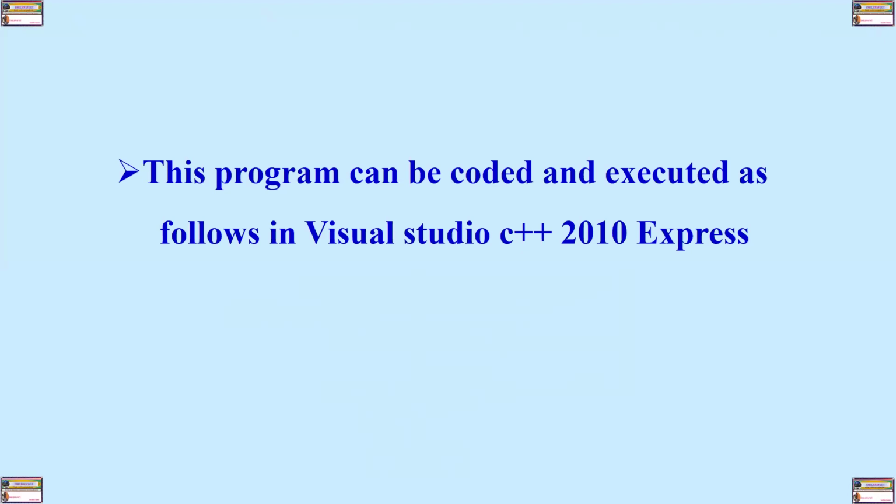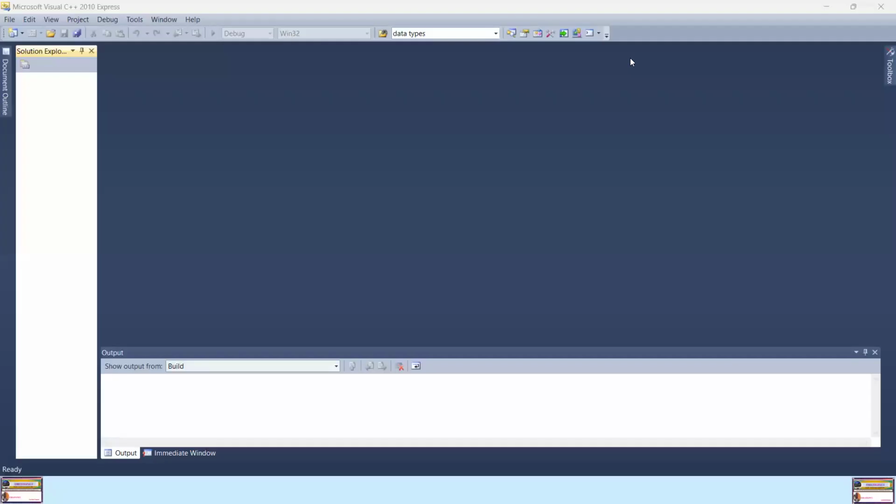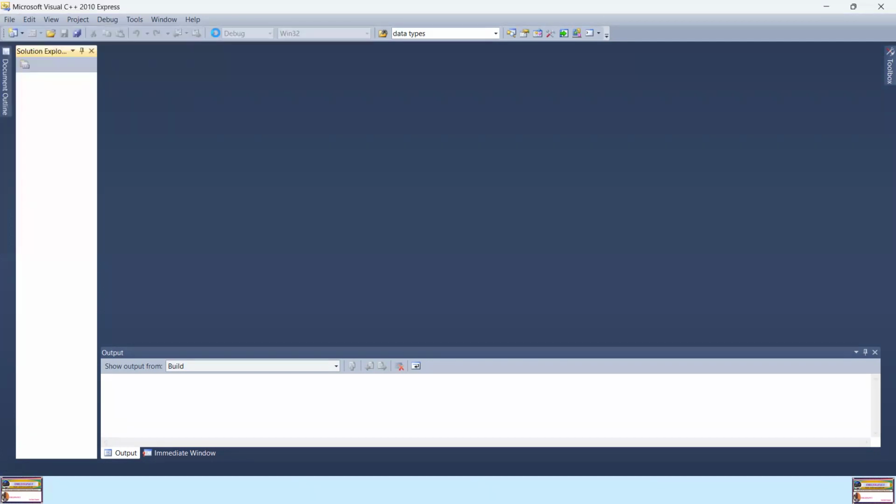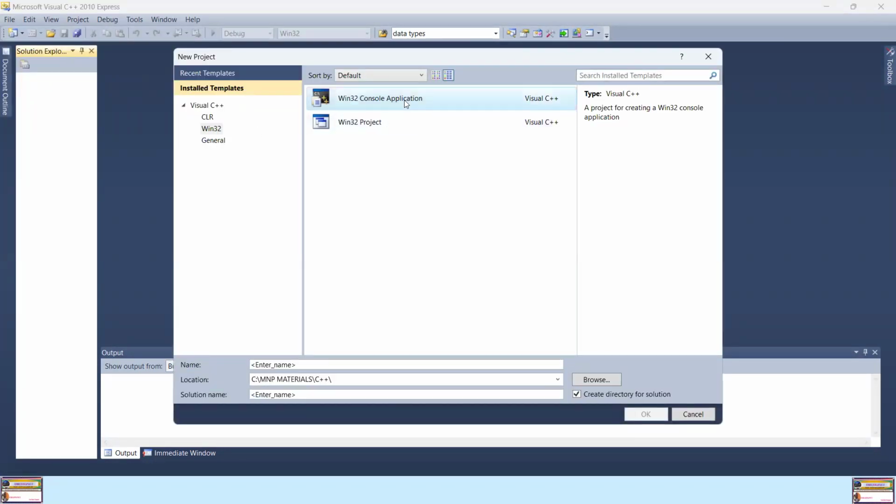So this is a demonstration of how this program will look if I code it in the C++ editor, and compare from there. Let's see how our output will look. While we are here, we can click on new, file, new, project, Win32, Win32 console application. Then we type the name of our project here. This is now do while loop for area and the perimeter of a circle.